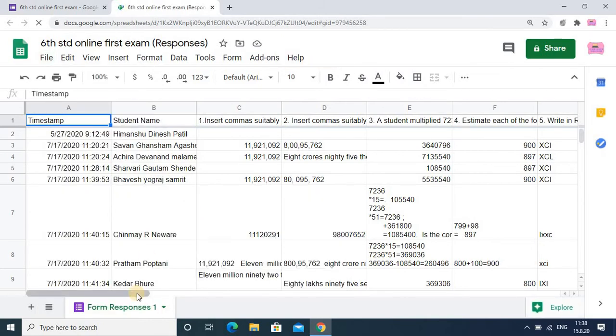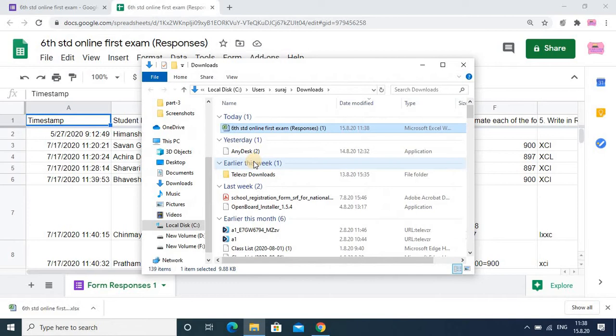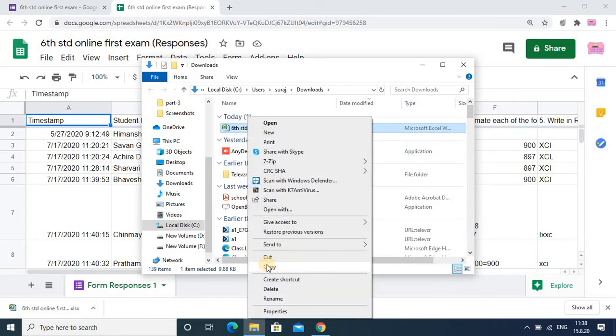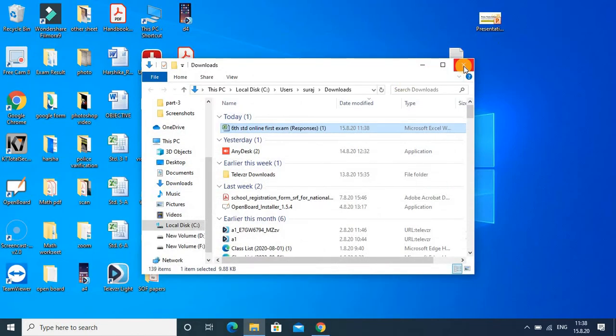Then the file will be downloading to your computer. Once it is downloaded, you open this file and you can copy it to whatever location you want.